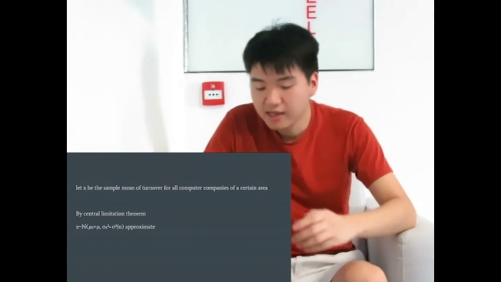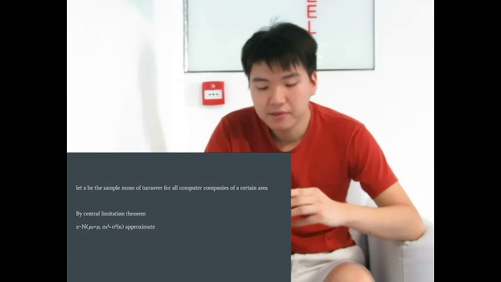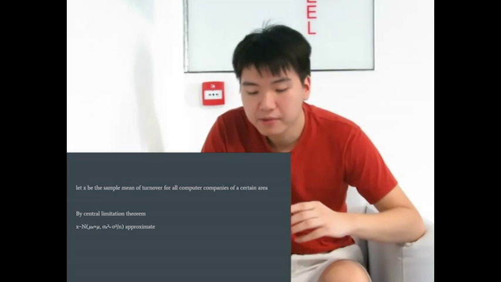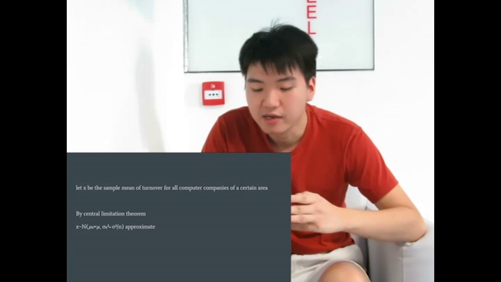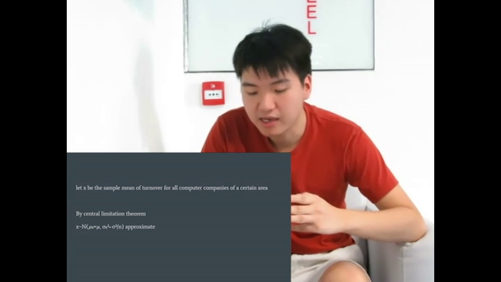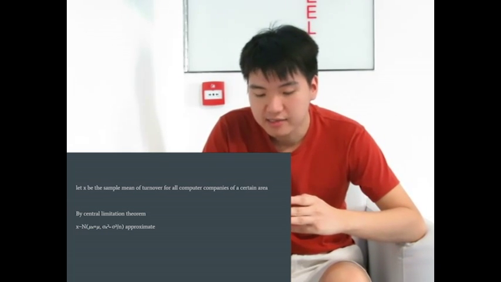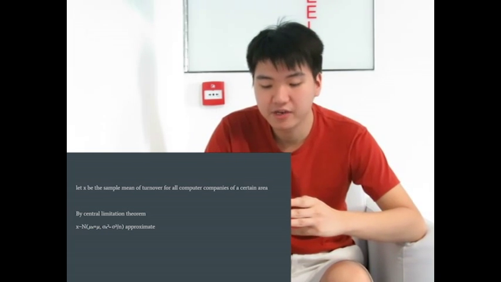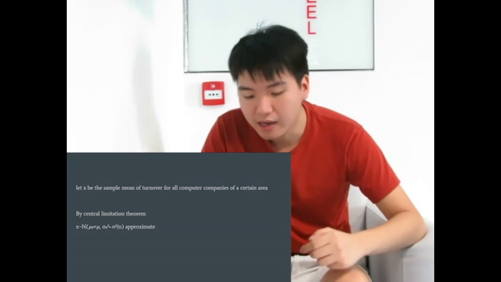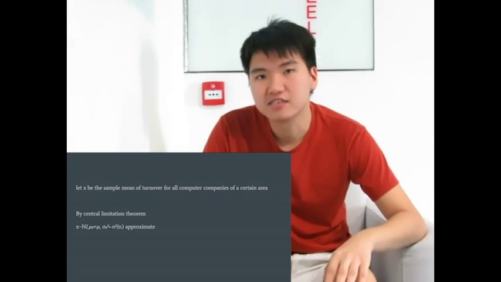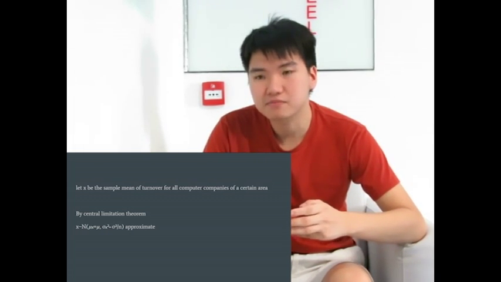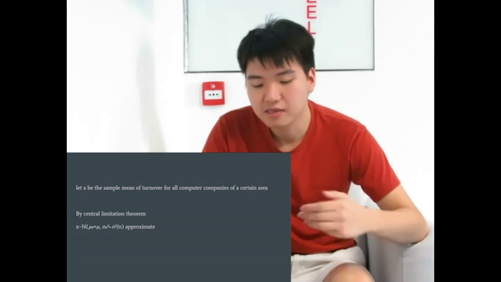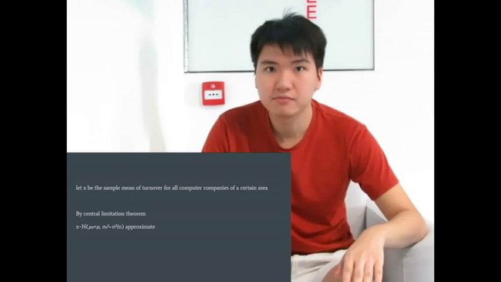First, I will let X be the sample mean of the turnover for the computer companies at a certain area, and by the central limit theorem, we can approximate that the sample mean is approximate to the population mean